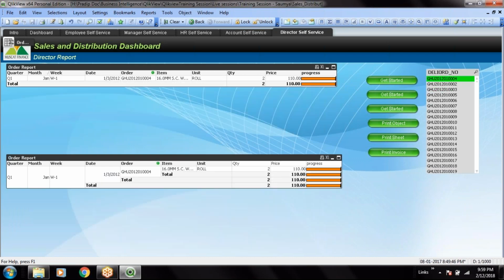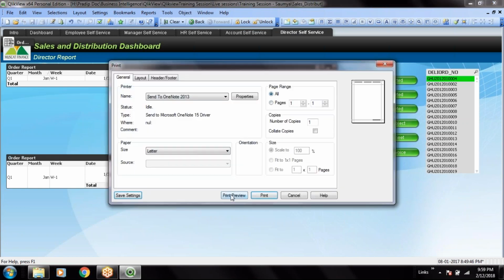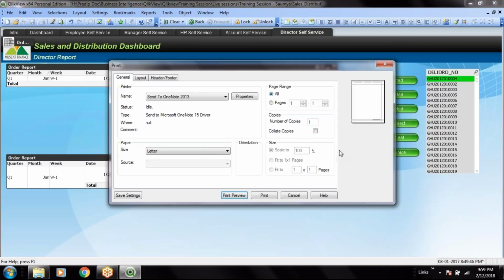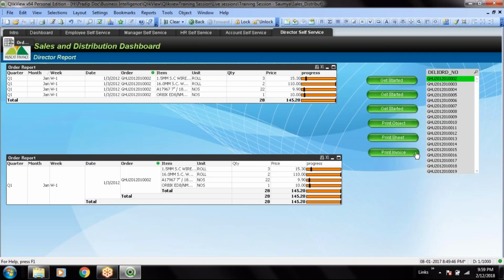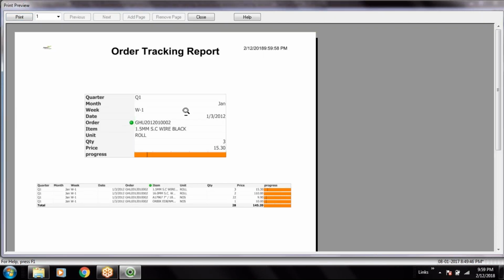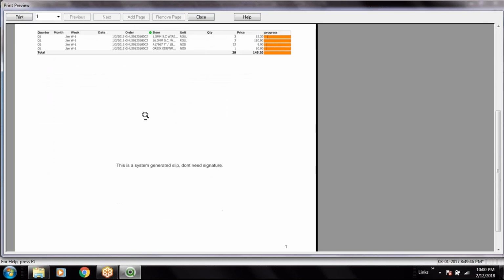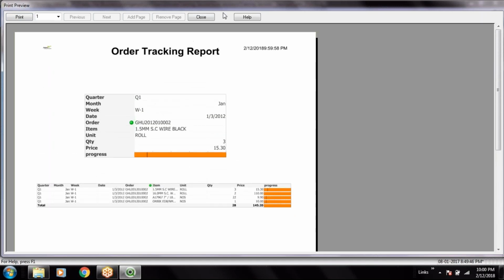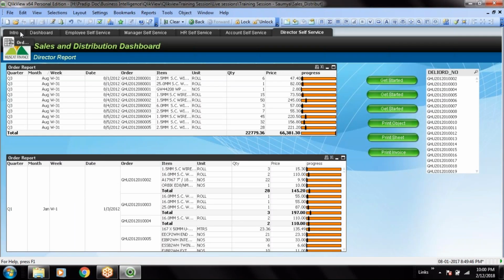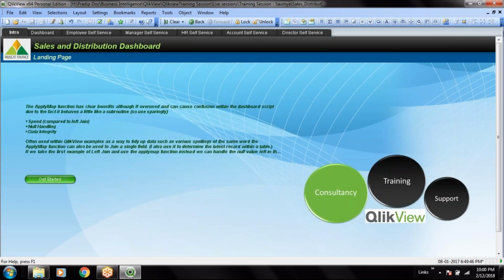You can also print a particular order, just like printing a particular bill. I'm just printing it. I'm just seeing this order, just a kind of print. Choosing this one, print order, print preview. You see the order will be printed just like a report. Okay, so you can then apply your creativity and make it more beautiful. So in this way, just to give you a brief idea about QlikView, this is pretty much from the demonstration side. I hope